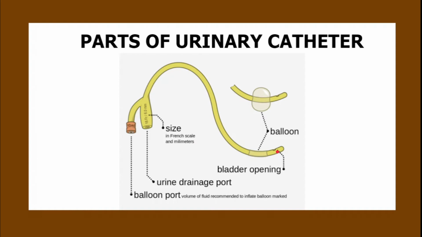From the previous slides, this is the opening which goes to the bladder. So from here the urine flows all the way from this tube to the drainage bag. From here we inflate the balloon. For each catheter there is a standard volume of sterile water to be pushed to inflate this balloon so that this catheter does not slide down from the body. So here it is 10 ml. So 10 ml of sterile water is injected into the tube, and this balloon gets inflated, and because of that the catheter remains in situ.